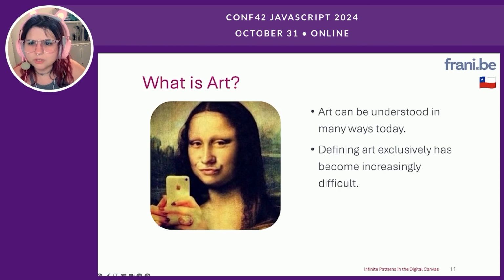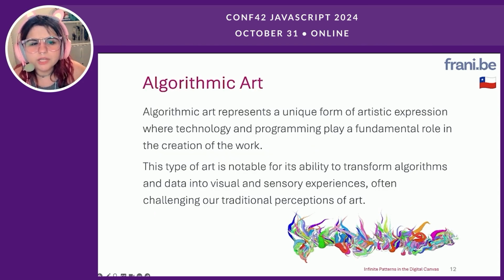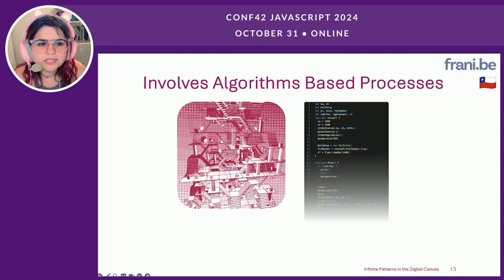where creativity meets computation. Algorithmic art represents a unique form of artistic expression where technology and programming play a fundamental role in the creation of the work. This type of art is notable for its ability to transform algorithms and data into visual and sensory experiences, often challenging our traditional perception of art. It is a perfect example of how art and technology can merge in ways that are both precise and poetic. It leverages the computational power of computers to create pieces that would be impossible or extremely time-consuming